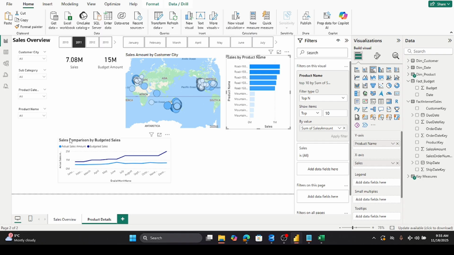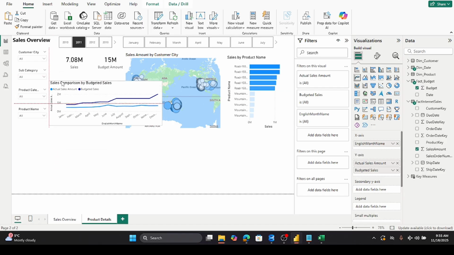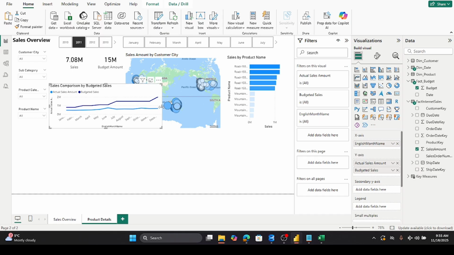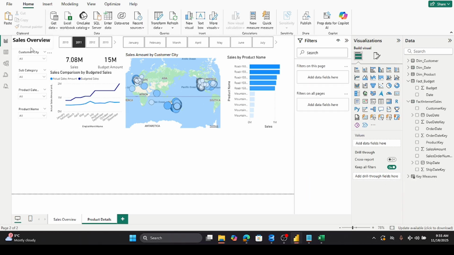Okay. And sales comparisons by budget. And the last one we have is